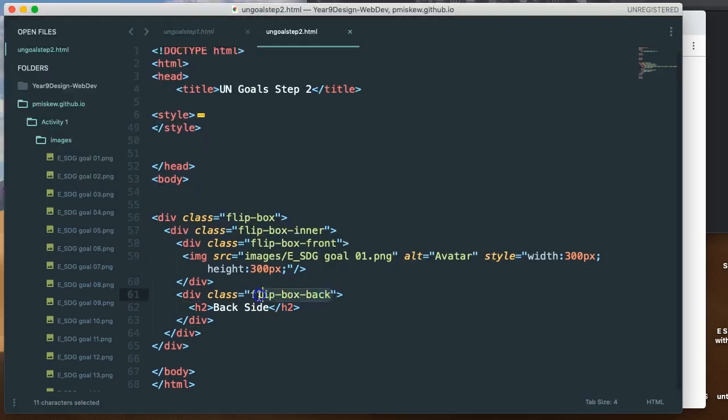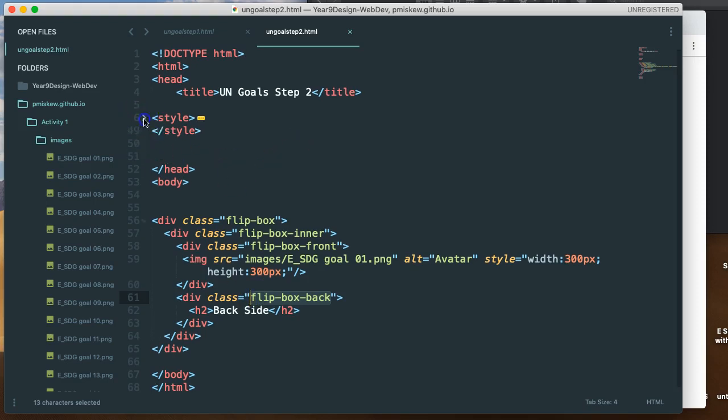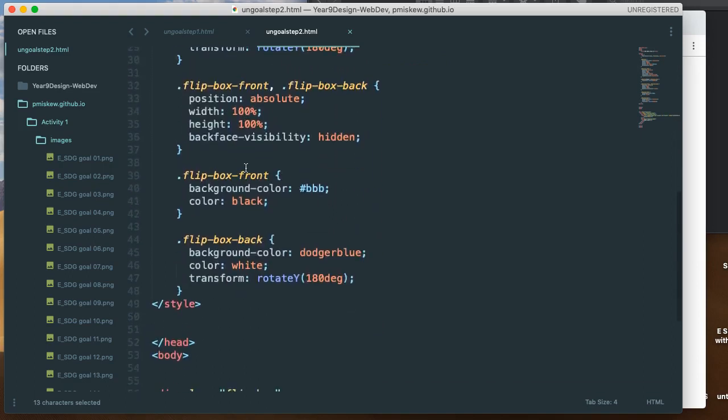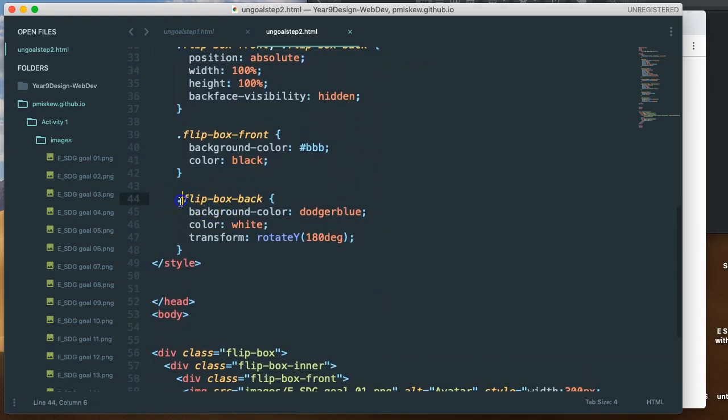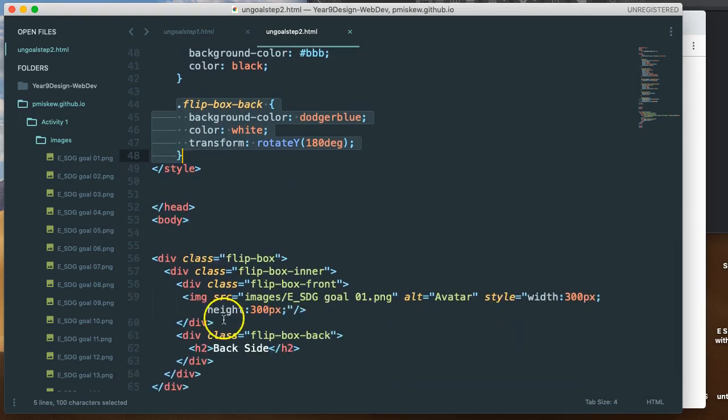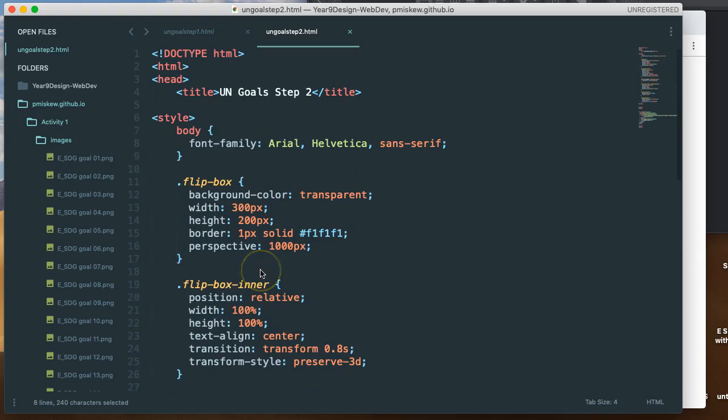And we look here and we see flipbox back. So let's scroll up for a bit and take a look at the style. And let's try flipbox back. Well, there's flipbox back, and I don't see anything about dimensions, which is okay. Maybe it comes from somewhere else. So the flipbox back division is inside this flipbox inner division, which is inside the flipbox division. So let's look for something here, and if we scroll around,